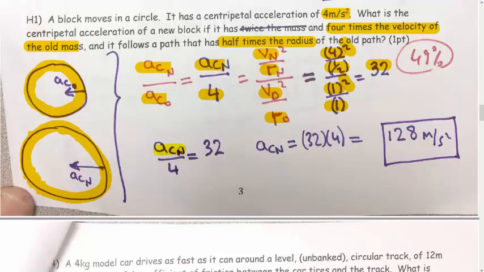So my new centripetal acceleration over 4 is equal to 32. So my new centripetal acceleration is equal to 32 times 4, which is 128. And I have to be honest with you, there's a lot of times when students will give me the answer of 32 because they end there,